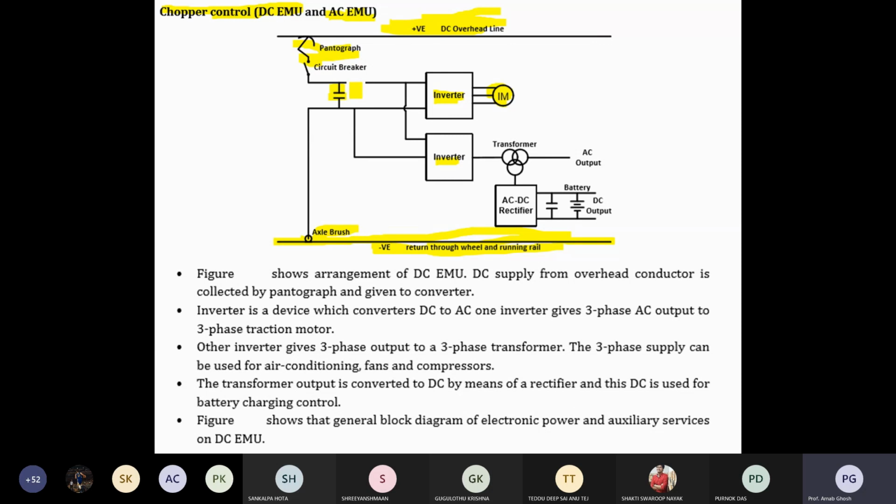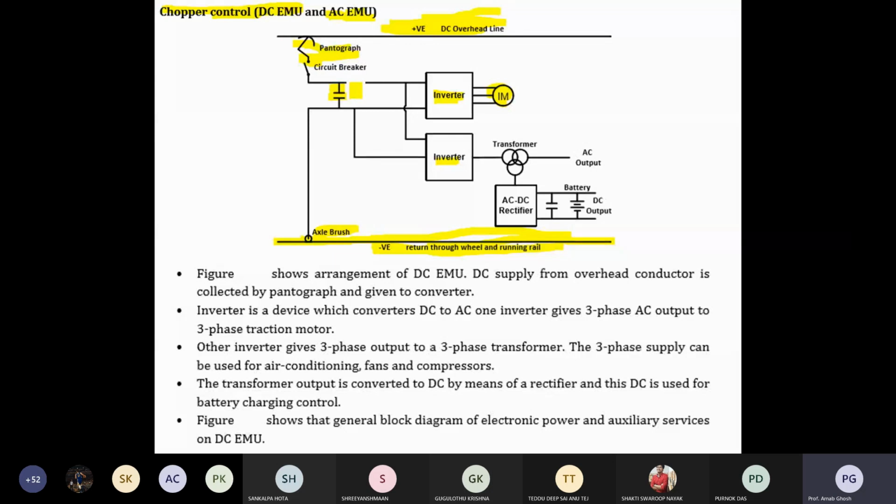Normally different types of inverter are there: sine PWM inverter, normal PWM inverter. In a normal PWM inverter you will get a square type of pulse. The square type of pulse contains a lot of harmonics. The output should contain the fundamental component, so you have to convert it. If you do the Fourier analysis of that square wave, you will get the fundamental one. So how can you practically convert it? You have to use some filter.